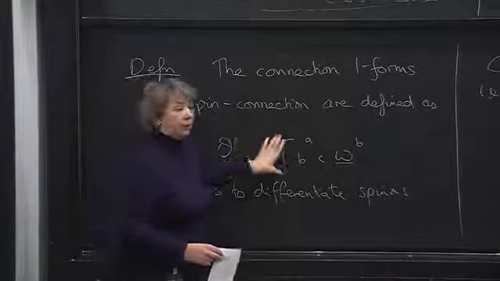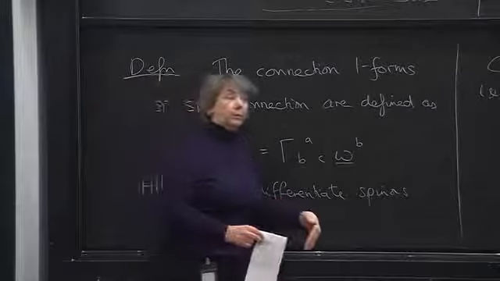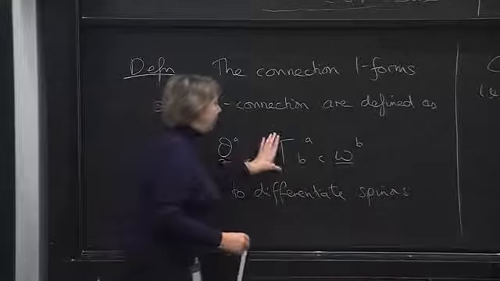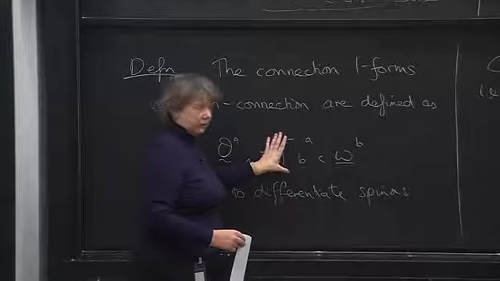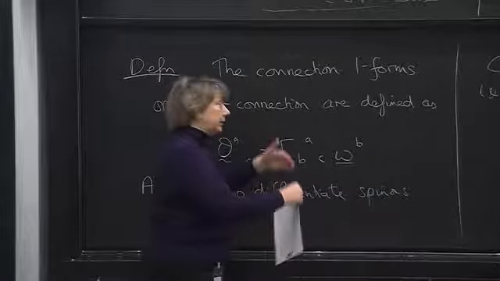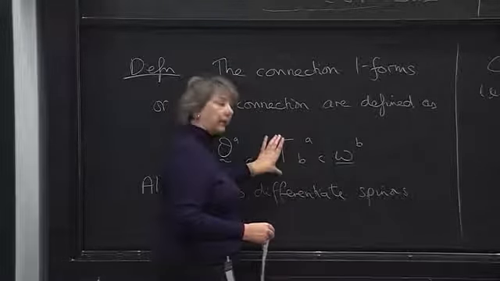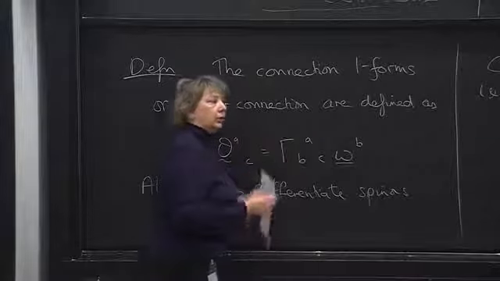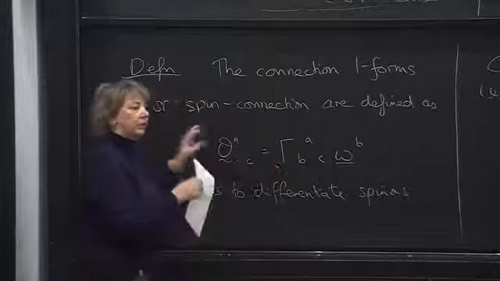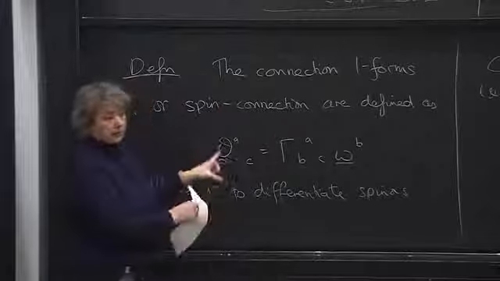At the moment, I'm just saying I've chosen my basis, which gives me my co-basis, and associated to that vector basis, I have a connection, a set of scalars, which are my connection components. I'm now going to use that three-dimensional matrix of scalars to construct a two-dimensional matrix of one